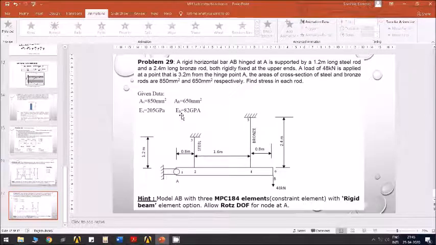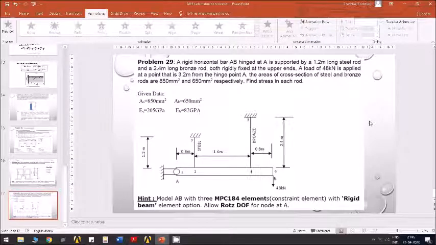And the last problem in bars is this. There is a rigid horizontal bar AB which is used to support or load the steel and bronze wires, and rigid bar AB is hinged at the point A, and at point B there is a vertical load of 48 kilonewton.